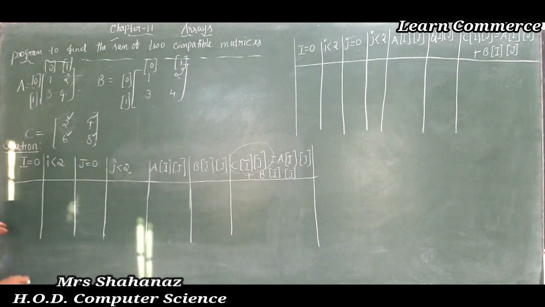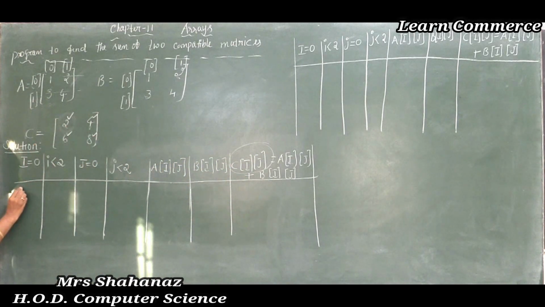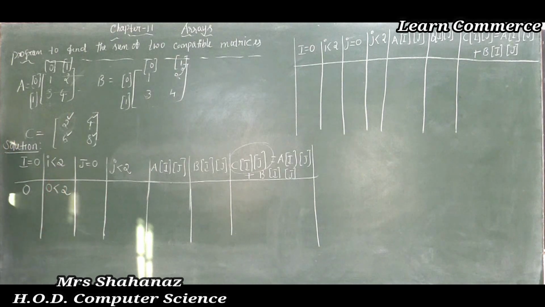Let's see, is it able to get the answer? 2 4 6 8. Okay, now first of all we know that i value is equal to 0. In the starting step I am initializing the i value to 0, as we know that in the array concept the position value always starts from 0 only. So i value is equal to 0, so such a 0 I used here, and next one 0 value till where I am going to check the condition, till 2.